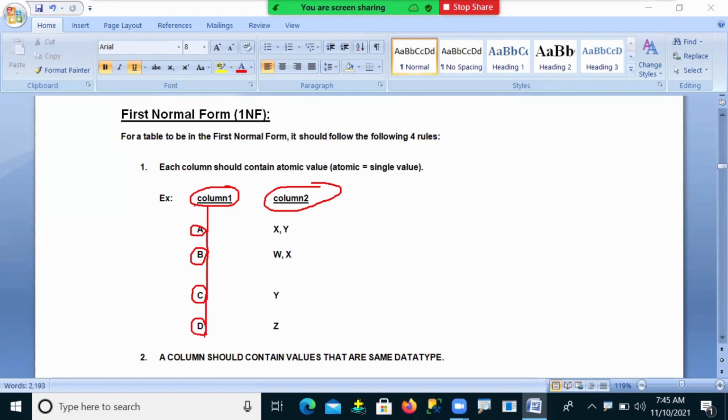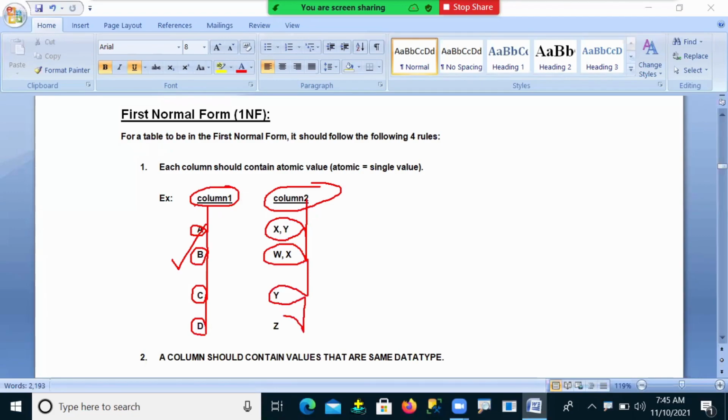So column 1 has single values. But when it comes to column number 2, this row is having multiple values, this row is having multiple values, and the next one is having multiple values. And the remaining ones are again single values.